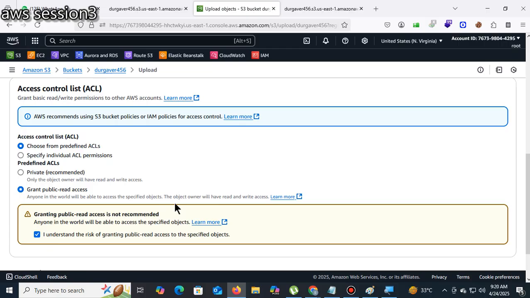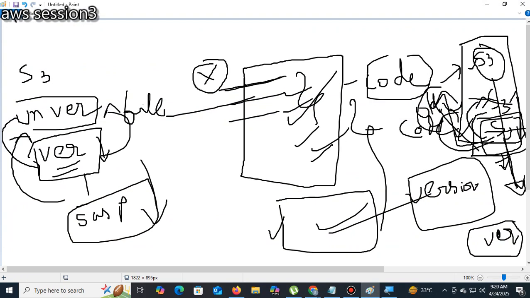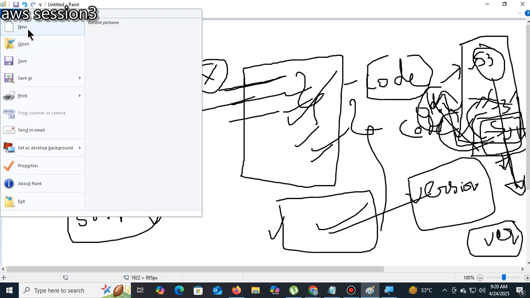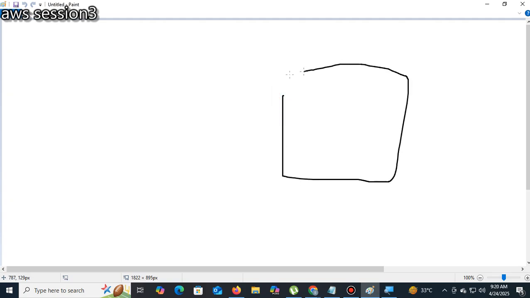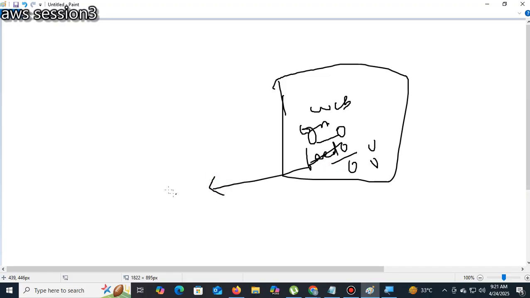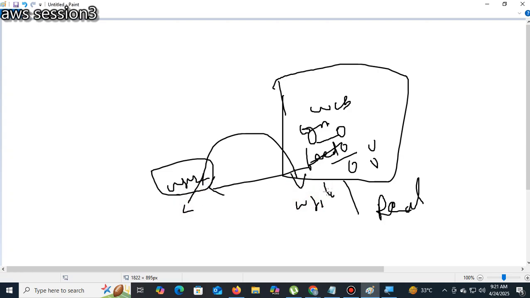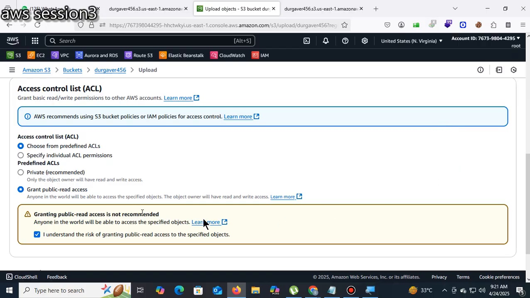Suppose I have deployed a website on this S3 bucket, with a login page or a feedback page. The feedback input comes from the user. With public read, the user can open the feedback page, but can't submit feedback, because he doesn't have the right. Since I am not taking any input from the user, I'll grant public read.